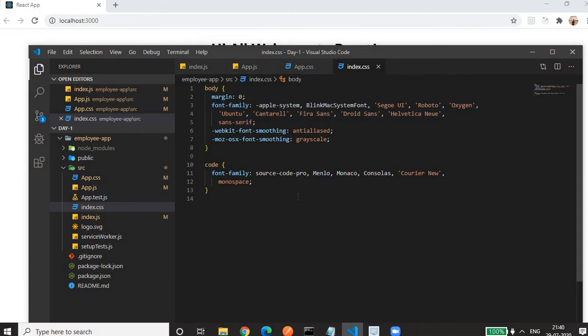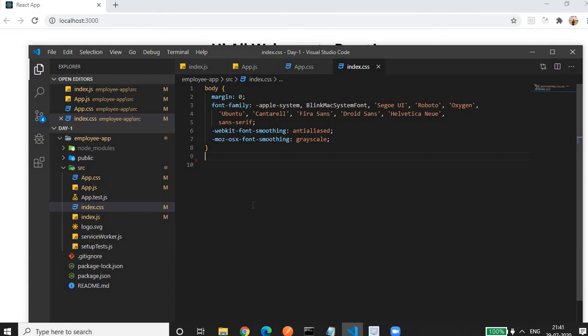Then here it is written code. Also we'll remove this. It's not needed at all. We need only the body tag. So save this one also, it won't impact. This is the place where, if we write any CSS, that will be applicable to our entire application, global CSS.